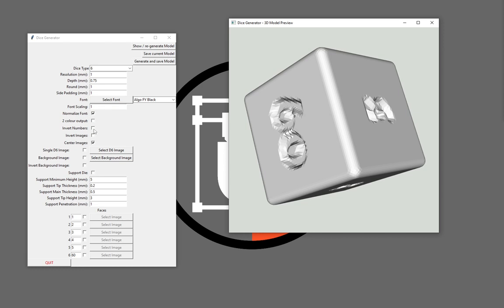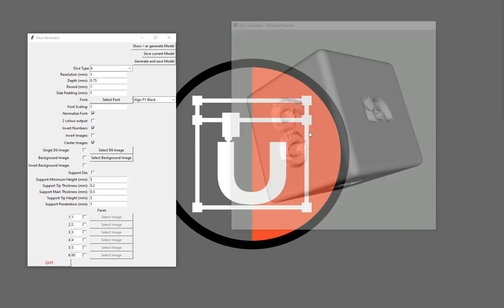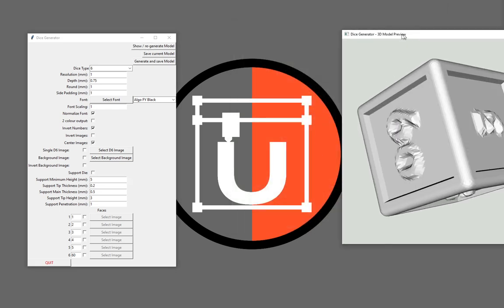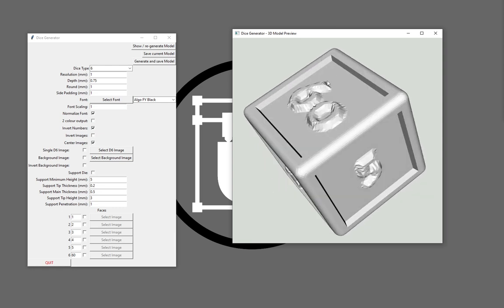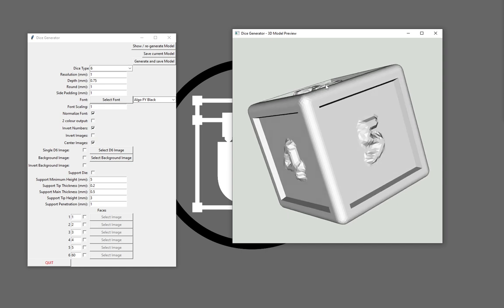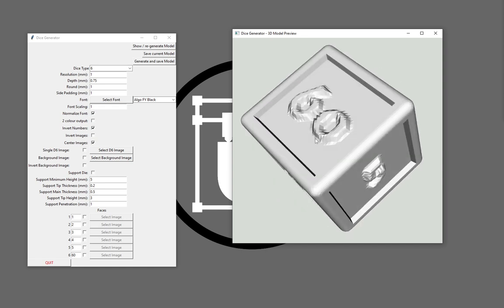We have invert numbers. Same applies for images. If we do now invert numbers, they will just be the other way around. So they do not start at the top, but they start here at the depth and then go up towards the outer surface. And also, of course, for the images, we select down here, and we can also do the